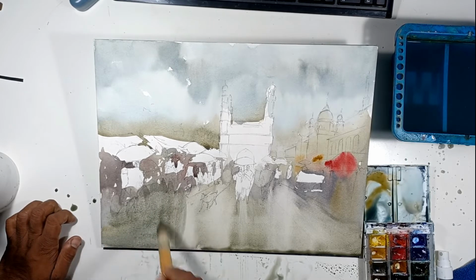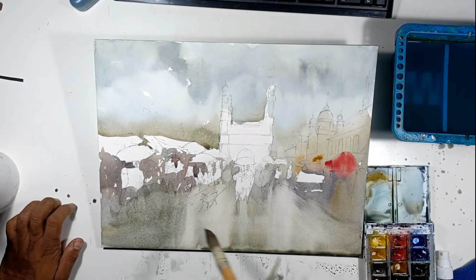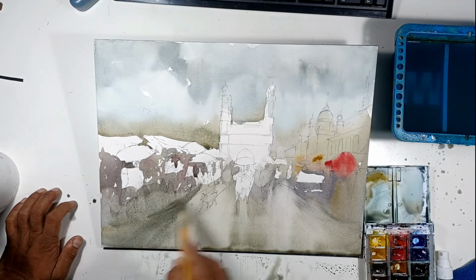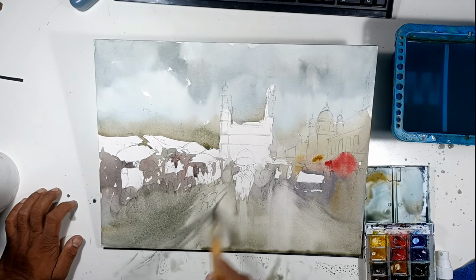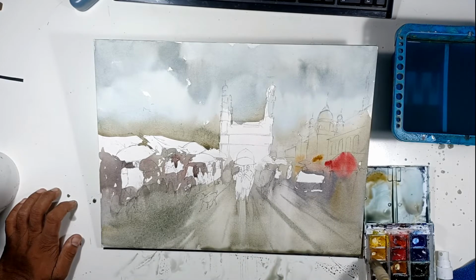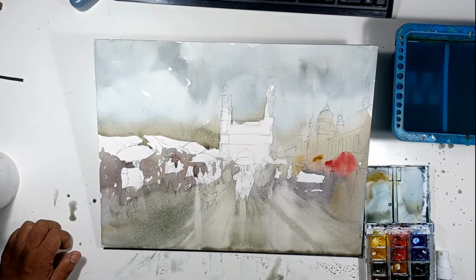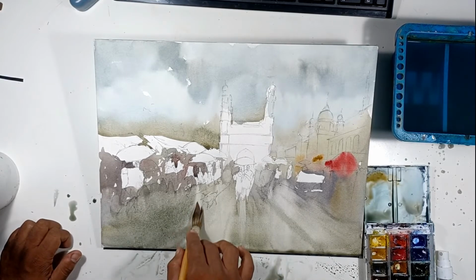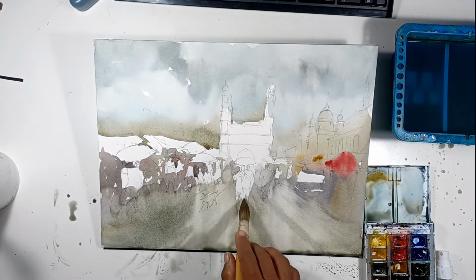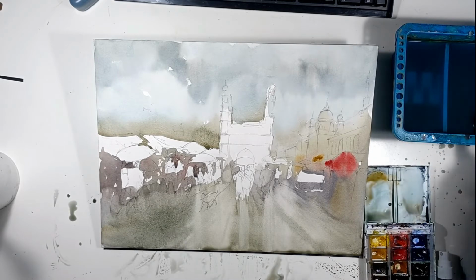Don't worry about this, there is a clear demarcation between this and that, so don't worry about that, we will fix it. So whatever is under your control, just do it. So I have made these perspective lines, and then using the same damp brush, just take out the color, like lift some color